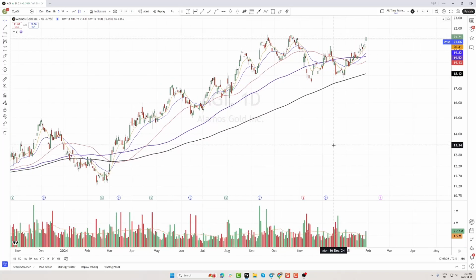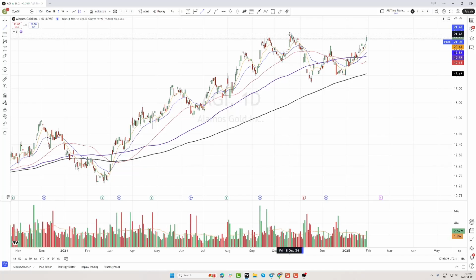Now, the best entry, I think, on AGI was actually a couple of days ago. And the reason for that is because we had AGI break out of a pretty clear downward sloping trend line of resistance, where we have resistance here, and resistance here. But what happened was we had AGI break out above that resistance, pull back, backtest that breakout level, and then continue higher. So AGI, I think, is extended here, but it doesn't mean you can't trade it if the momentum in gold